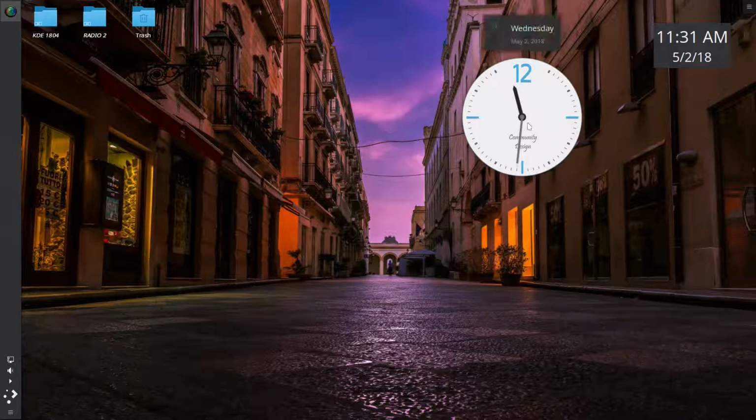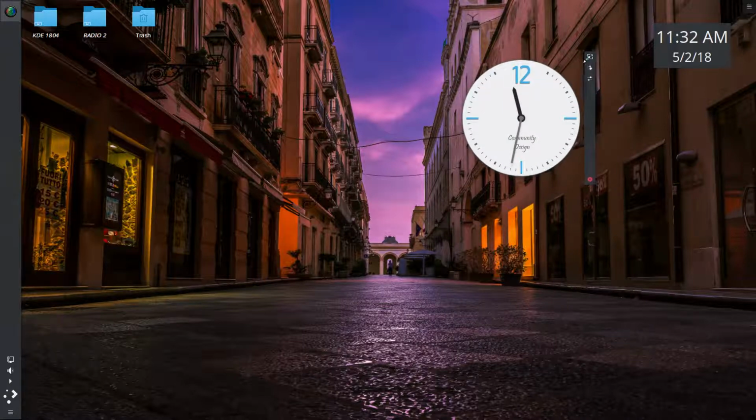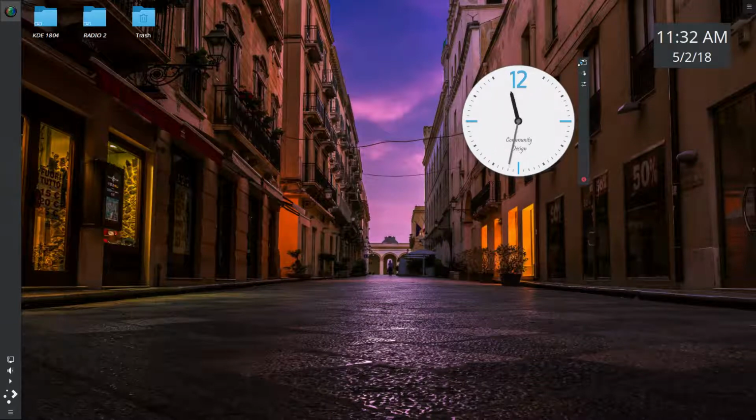So anyway, to get rid of this clock, as long as your widgets are unlocked, you hit Control and the left button and hold it down. You have to hold that left button down for about 2 seconds to reveal these options off to the right, this little panel here. This allows you to shrink it down, see the little icon there. That allows you to rotate it, I guess 180, plus the analog clock settings,